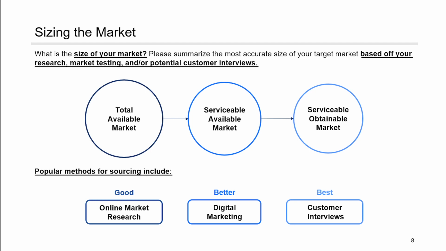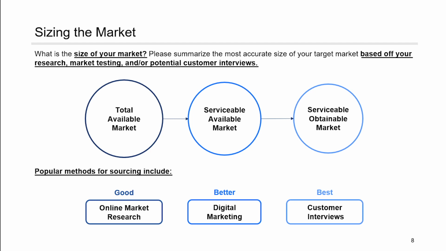What this effectively means is the total available market is everybody that you could possibly serve, like on Earth. The serviceable available market is typically everybody that you're looking to serve within targeted geographies, right? It's the actual areas of focus, not just everywhere possible. And then the last is serviceable obtainable market, which is basically where are we genuinely trying to hold ourselves accountable